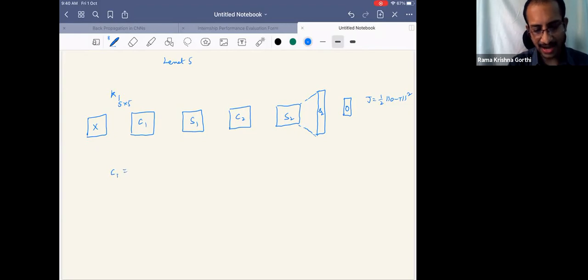But first write C1. I want to get the convolution output. Assume that there are J maps, so J is equal to 1 to 6. Six maps we want to get. What is the explicit expression I should write? Summation over J. What should I write? K1, we have written this before, K1J. Here, tell quickly. Convolve with X.